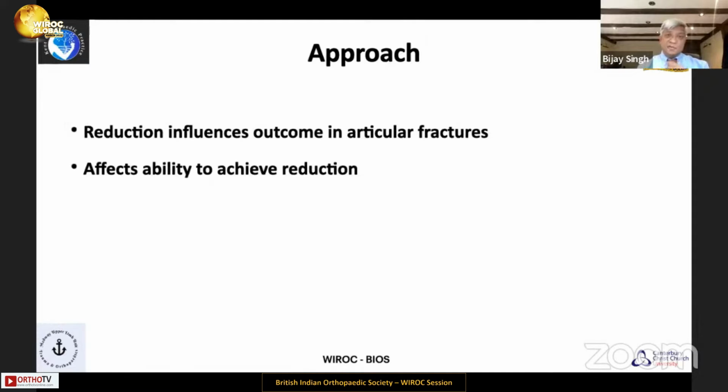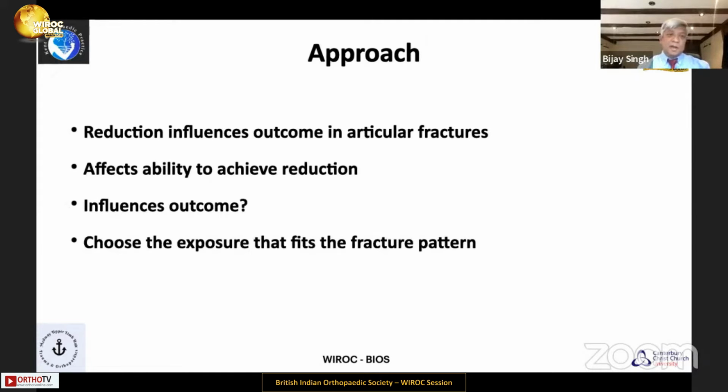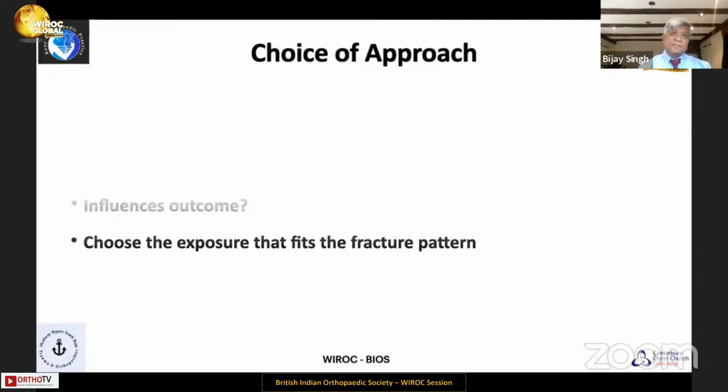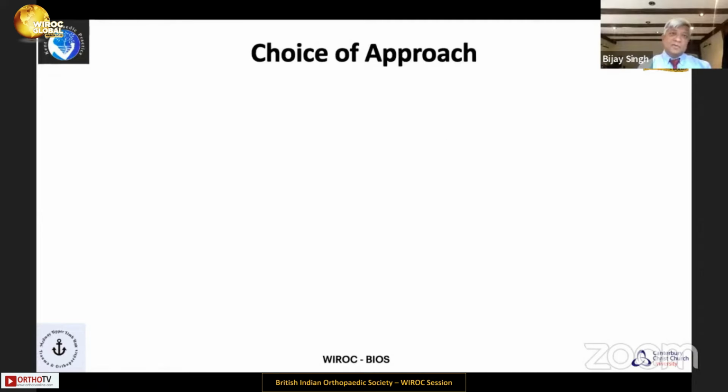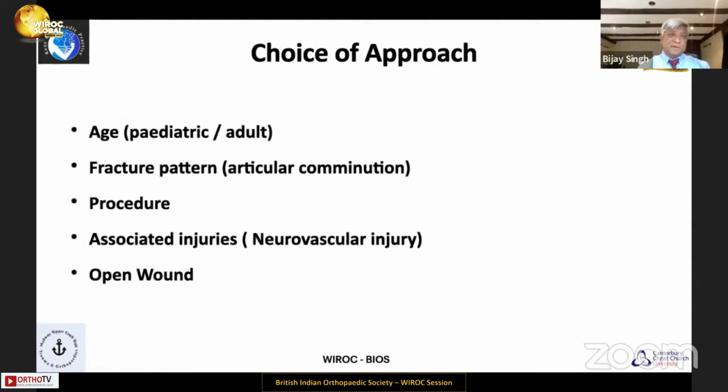Must be able to achieve a good reduction, and hopefully this will influence the outcome. And although for the distal humerus fracture there's a number of exposures, choose the one that fits the fracture pattern. So distal humerus, you've got choice of different approaches based on age, the fracture pattern, procedure, associated injuries, whether there